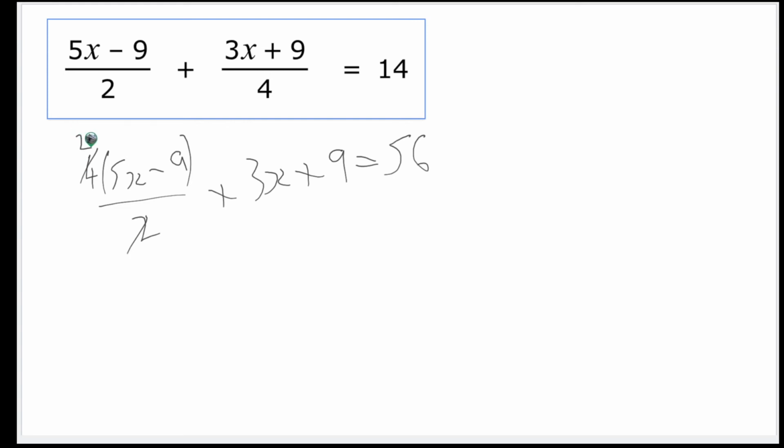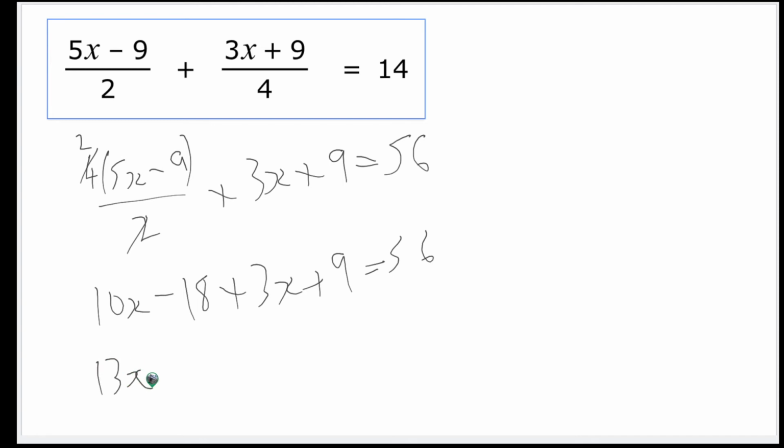So 2 times 5x gives me 10x. It's also got minus 18 as well. 2 times minus 9 is minus 18. 3x plus 9 is still equal to 56. This time I'll collect my like terms. So I've got 13x. I've got minus 18 plus 9. That's going to give me